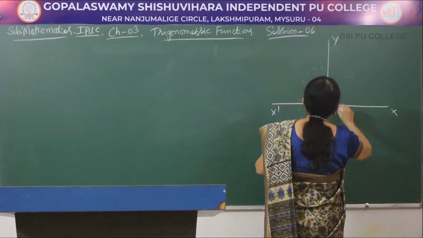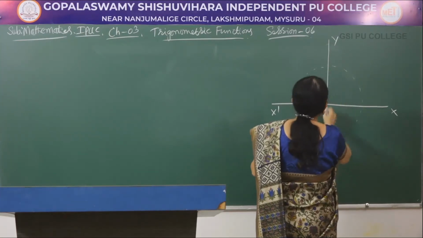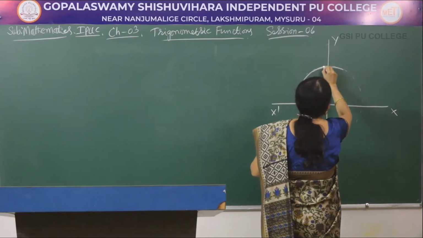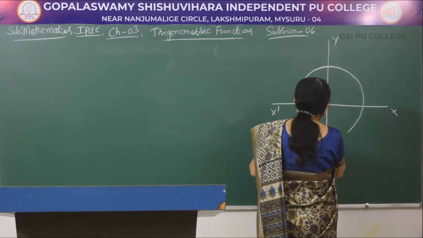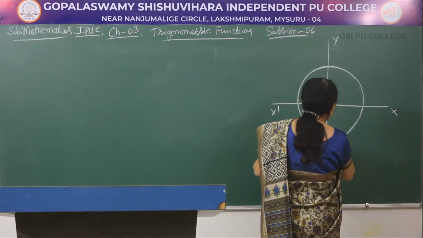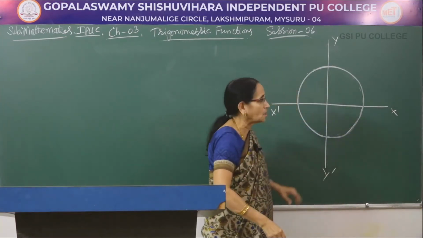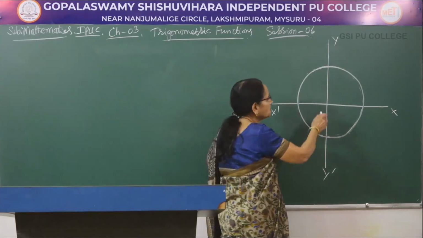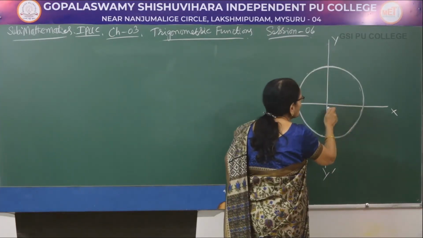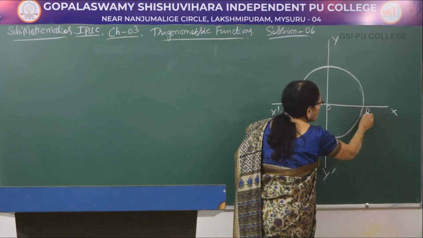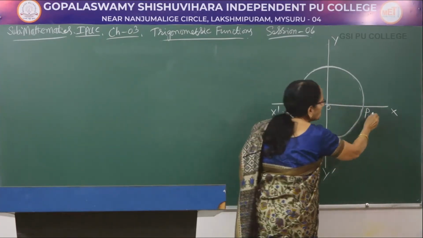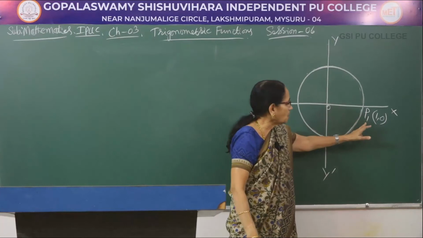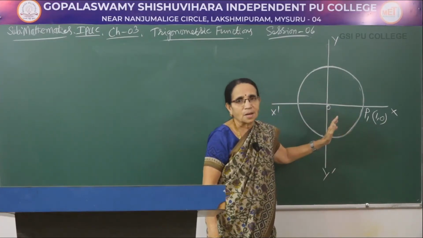So, let me consider a circle with origin as center, a unit circle. That is why I considered the unit circle before this. Consider a unit circle with origin as center. Unit circle means, see, this distance, you take it as O, and you can take this point to be say P1. Now this will have the coordinates (1, 0). Can you tell me why? You look here, the point P1 is lying on the x-axis.